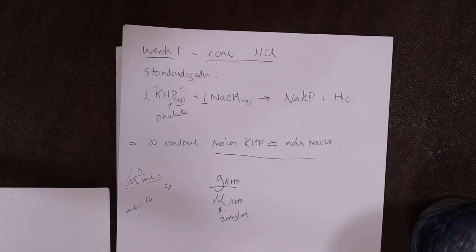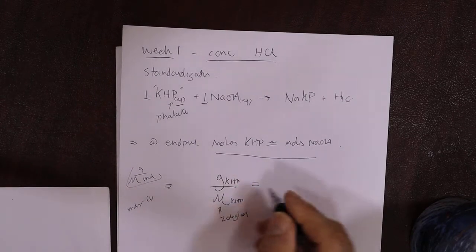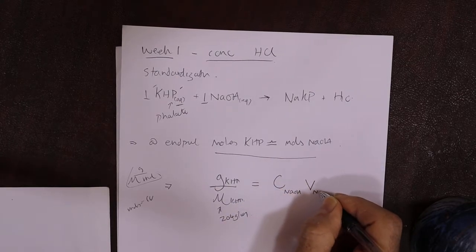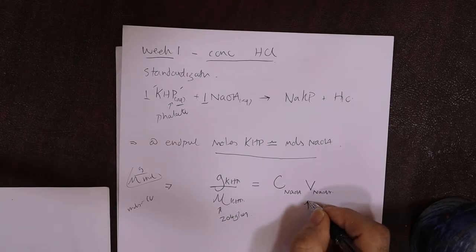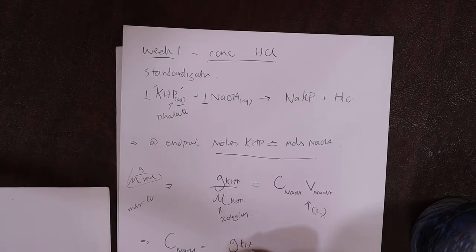You'll double check that. Equals concentration times volume, concentration NaOH times volume NaOH. Careful there, that's got to be in liters, right? Therefore, when we use our data, we want concentration of NaOH, grams KHP, I think it was 204.2, but double check that, grams per mole,